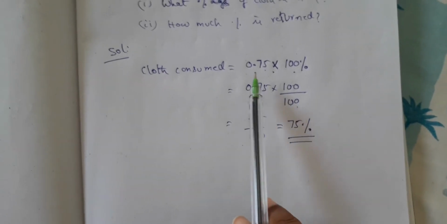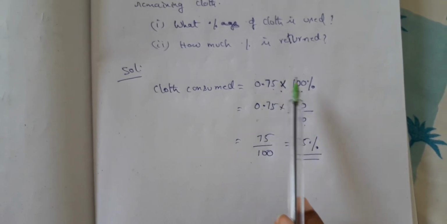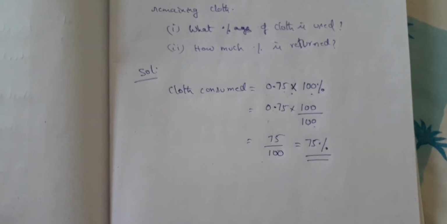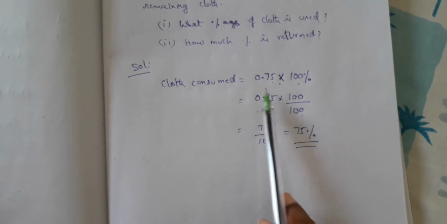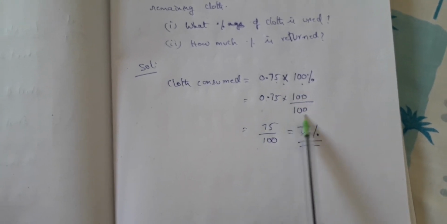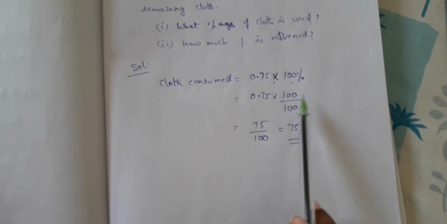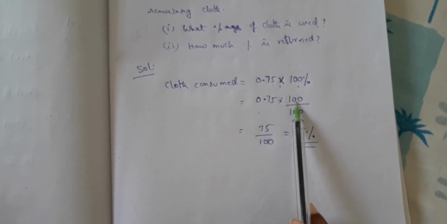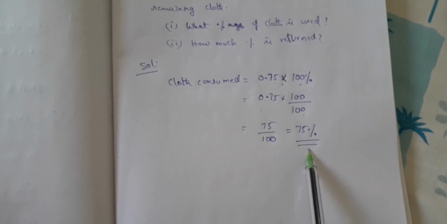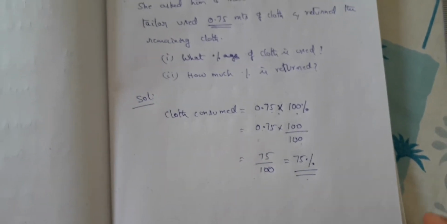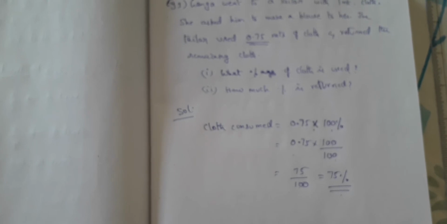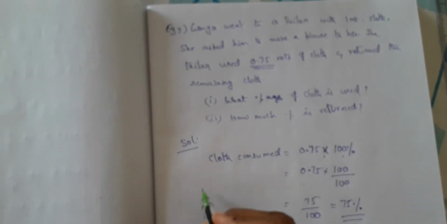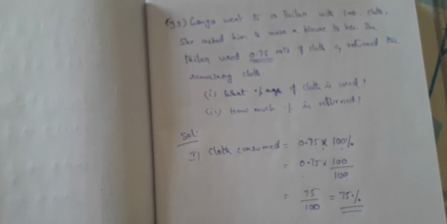So what is the logic here? Only this much cloth is used of the total cloth. What does the total cloth mean in terms of percentage? 100% of cloth. Out of 100% cloth you have used only 0.75. 0.75 into 100%, of means into. So 100 by 100. Now I multiplied these two: 0.75 into 100 is 75 by 100, which is 75%. Very good. Very easy, is it not? So I'll do the other method. Which method do we have? Yes, the ratio method. So this is the first method; now I do the second method.